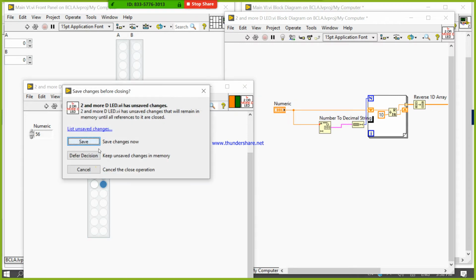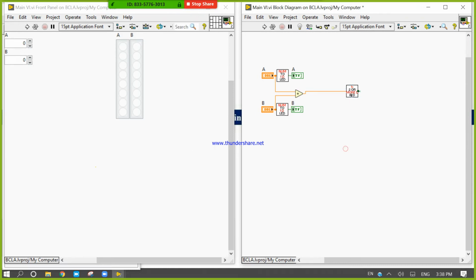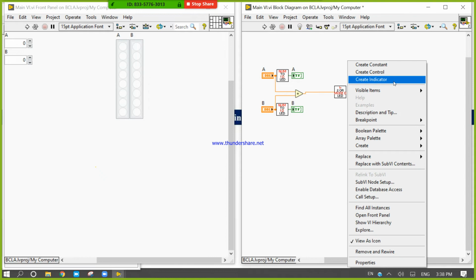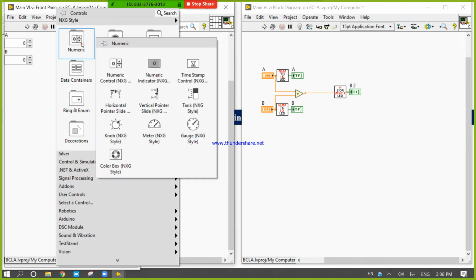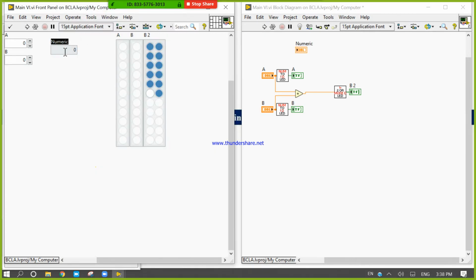So look here, right click, create indicators. It is A plus B, the output is A plus B. Why is it A plus B? Because here I am using the A plus B function.